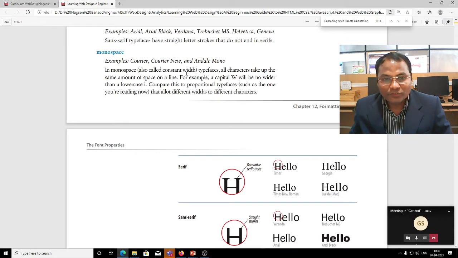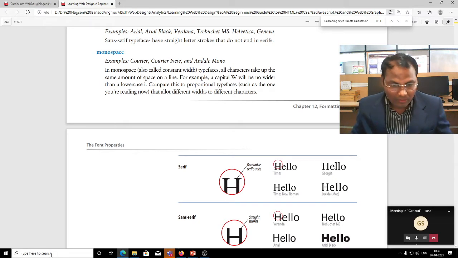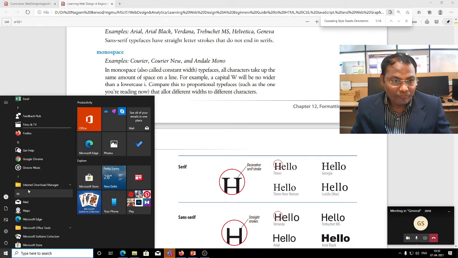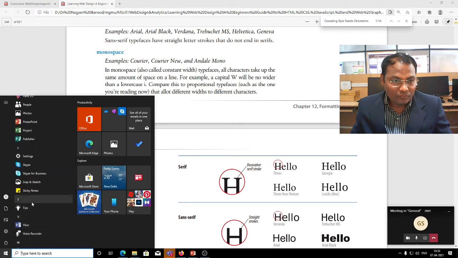All these fonts are not in Microsoft Word, but some of them are available. You may find them in Microsoft Word.